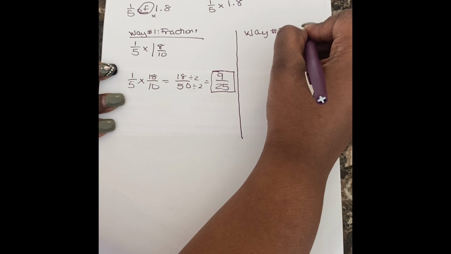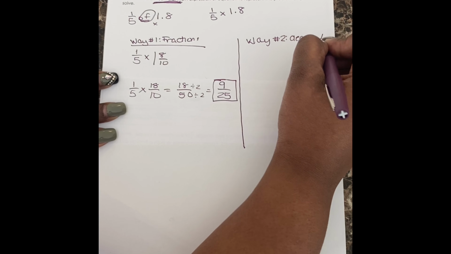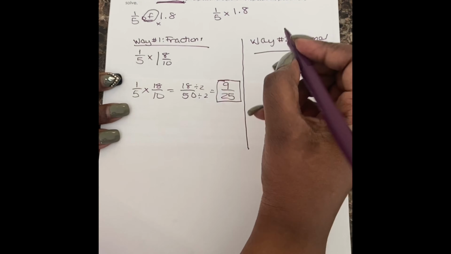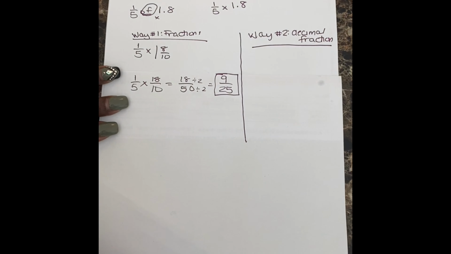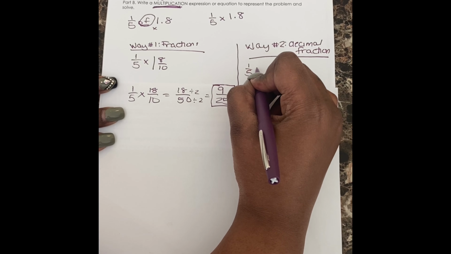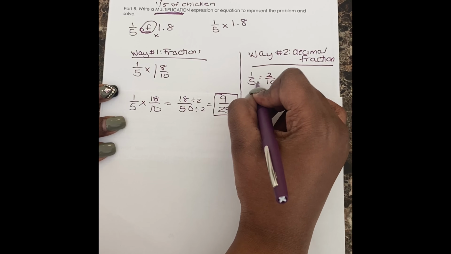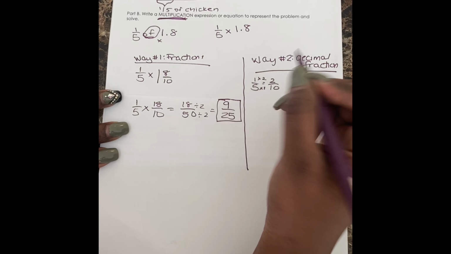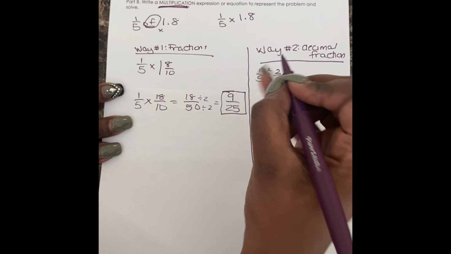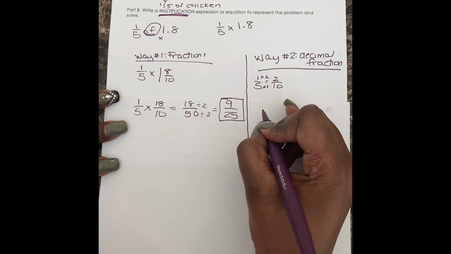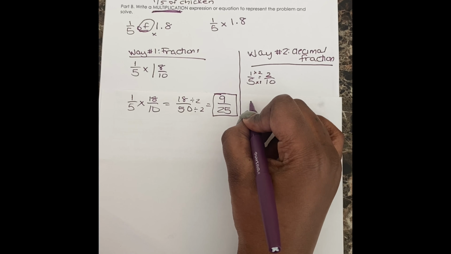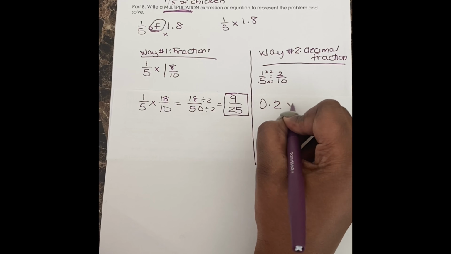Way number 2, we're going to use decimal fractions. So just like in way number 1, I only change one of my numbers in this way also. So we're going to change our 1/5. This may be a little tricky for some of us, but we know that 1/5 is equivalent to 2/10. Remember, we want to get a denominator of 10 or 100 or thousands to represent our 10th place, our 100th place, or our 1000th place. So in this case, we are going to have 2/10 times 1